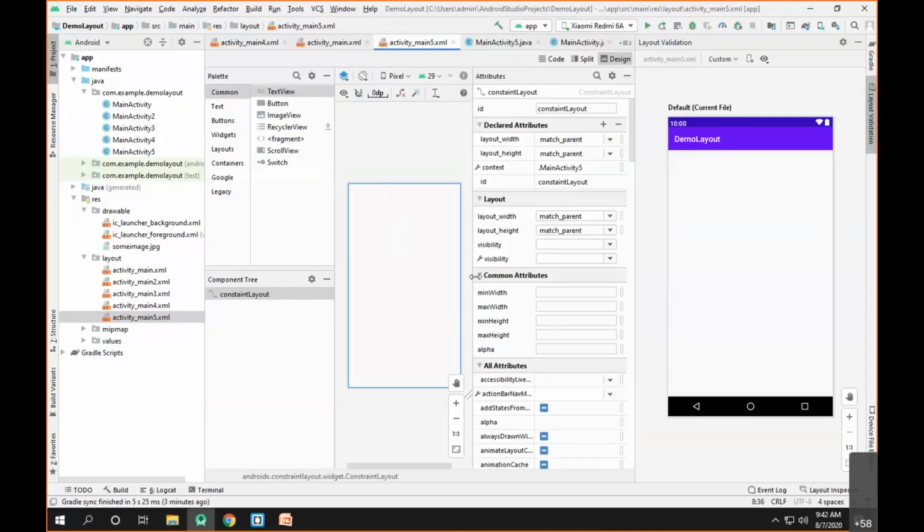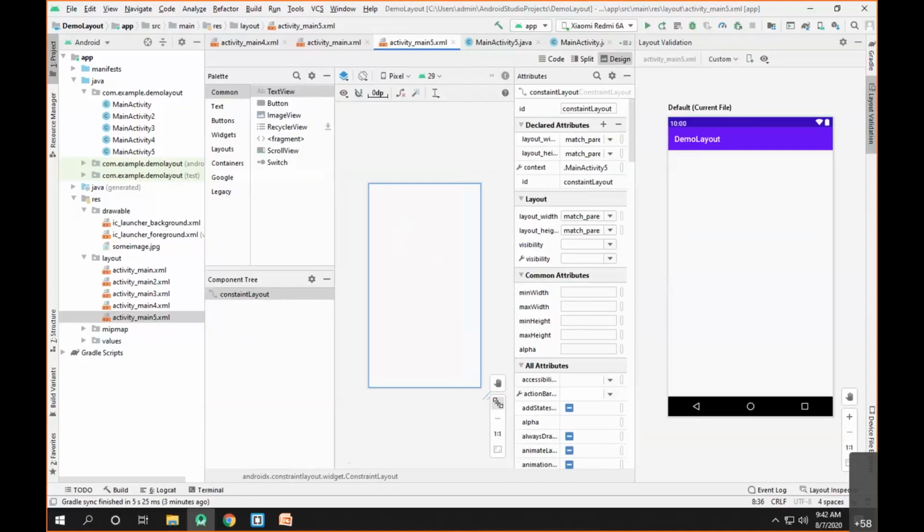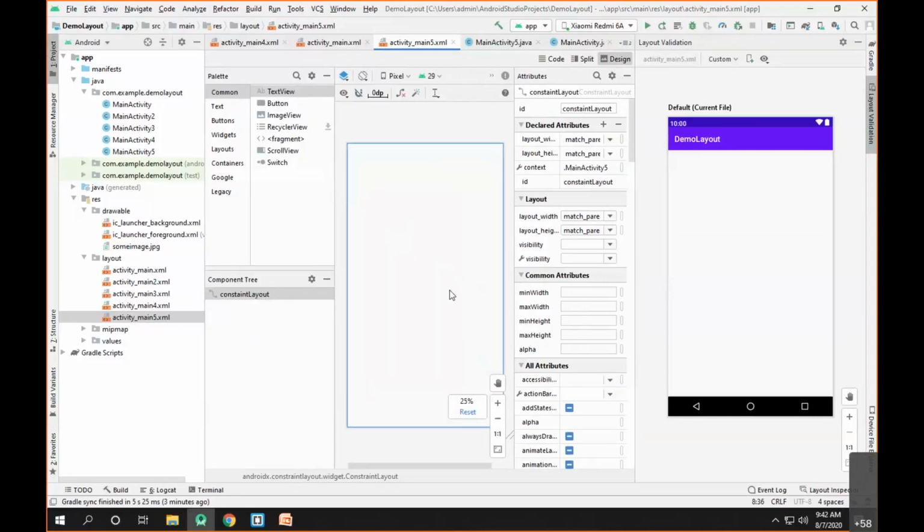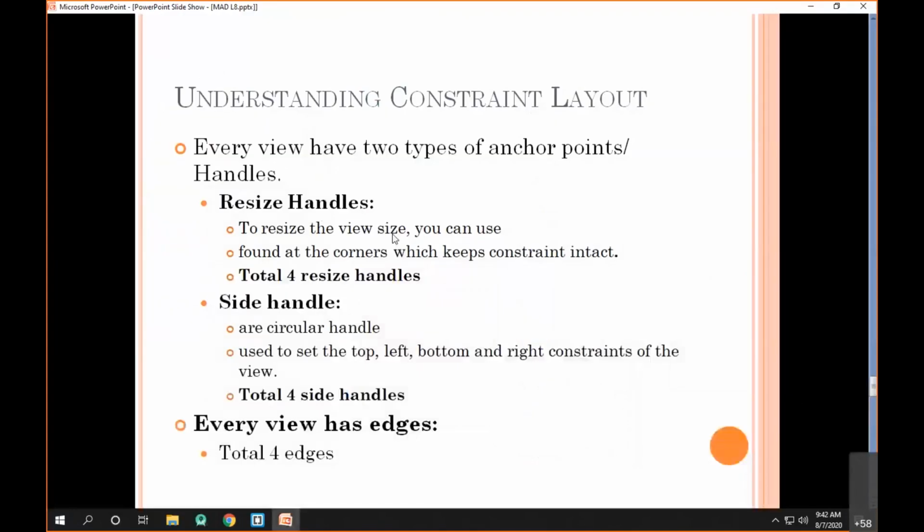Now we have to understand the constraint layout in detail. So let me increase the size of the screen. Now, the very first thing that you have to understand about the constraint layout is whenever you add any view inside the constraint layout, it will have the anchor points, or we are calling them the handles.